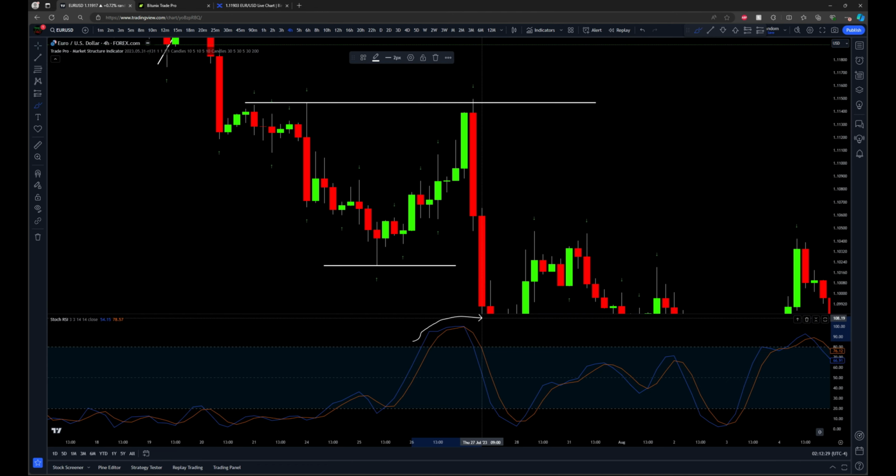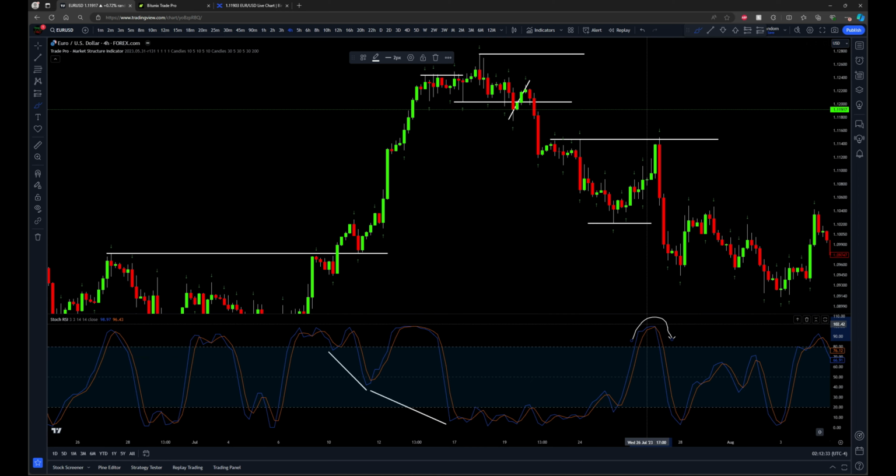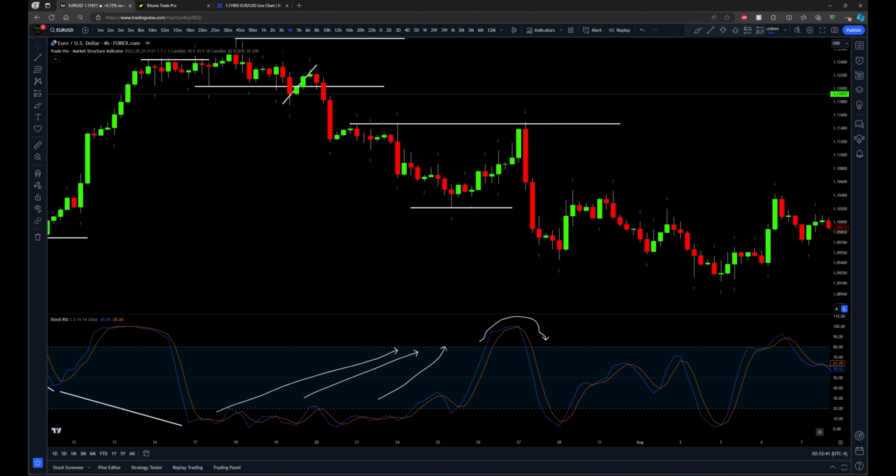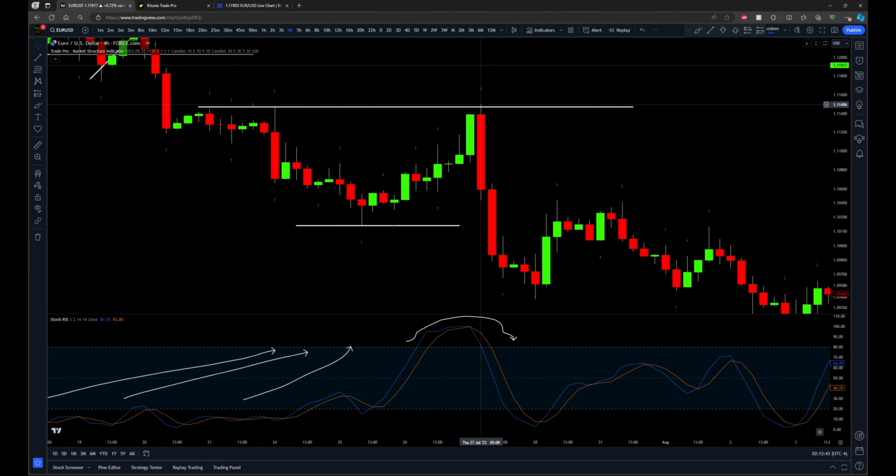So full reset, stochastic RSI. Plenty of hidden bearish divergence. Take a look at this. All of these highs over here, all hidden bearish divergence there, leading up into this one with the big swing failure. So maybe you entered on the hourly, a bit of a better price,